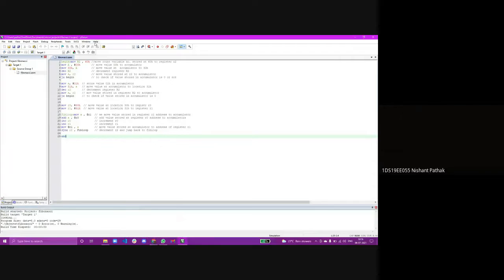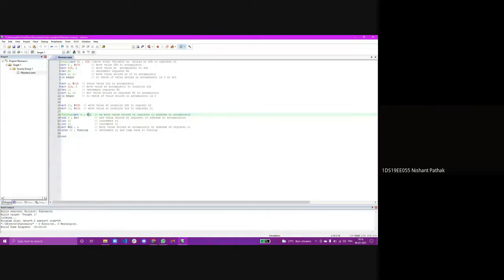So this is the program for the Fibonacci series. Should I explain the algorithm or the whole program? Not the whole program, just the algorithm. Briefly, here we move the location 30H into R0, and the location address 31H into R1. Then the Fibonacci loop begins.